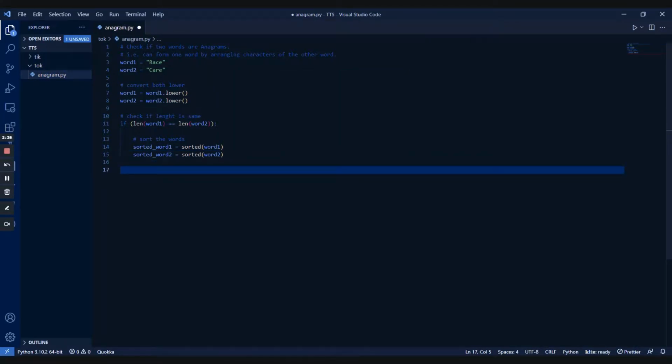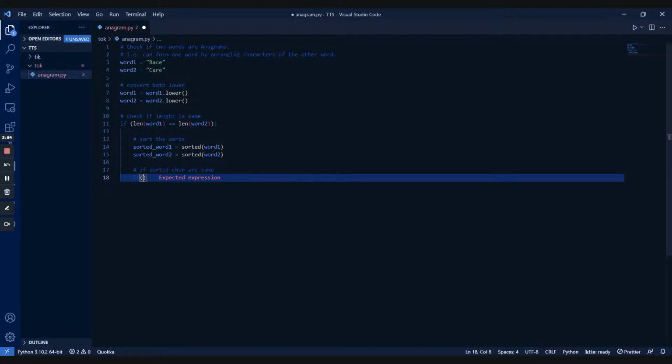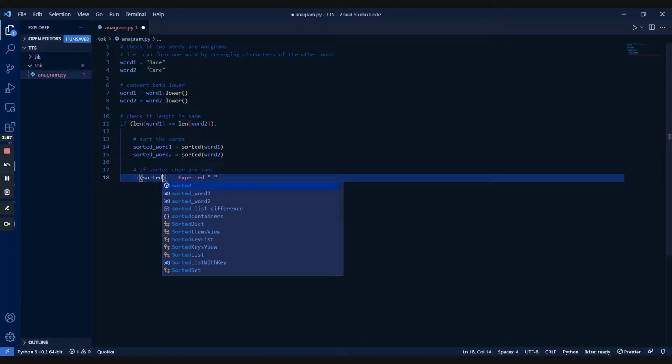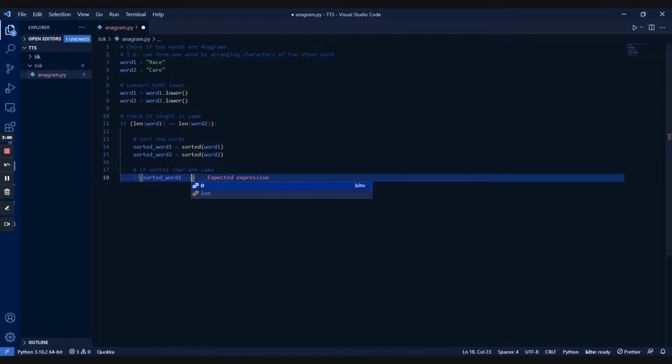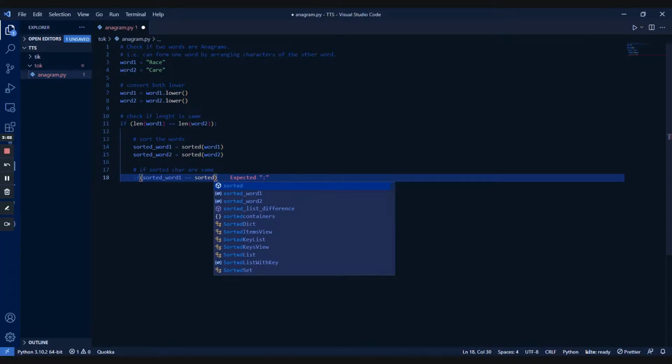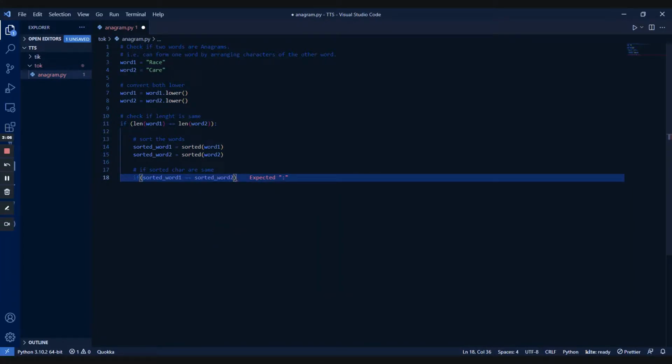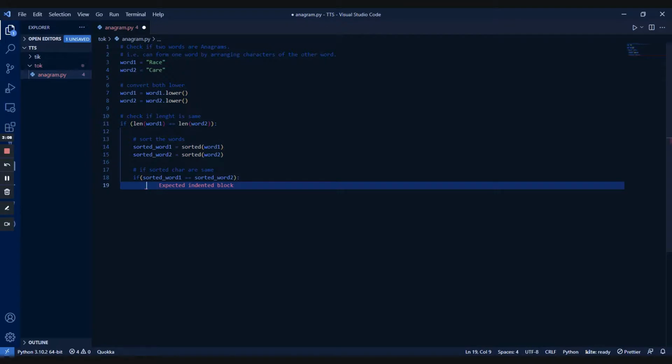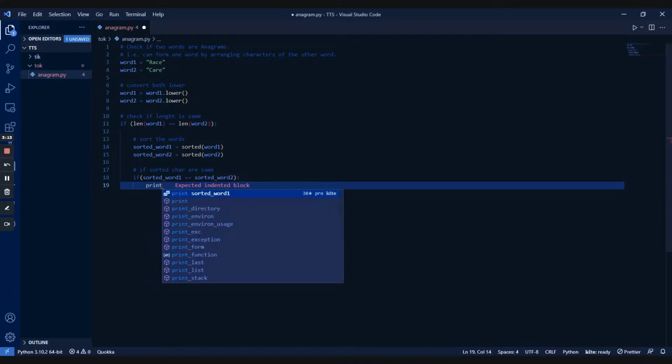And then the next thing is we instantiate an if statement. So if sorted character in the word, so char should be our character. If the sorted characters are the same, do something, right? So we will tell it if sorted word1 is equal to sorted word2. So here we're just checking to make sure that once we sort both, if they are the same, then it's an anagram. So here we print,